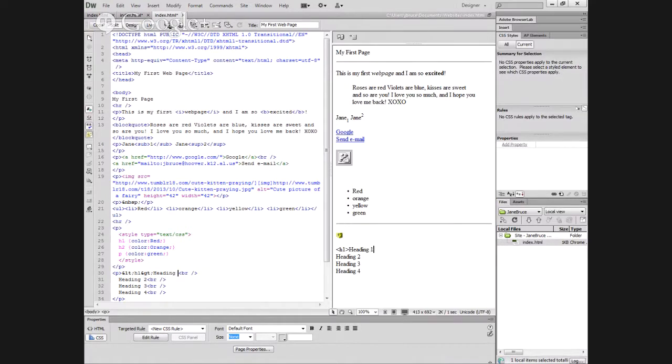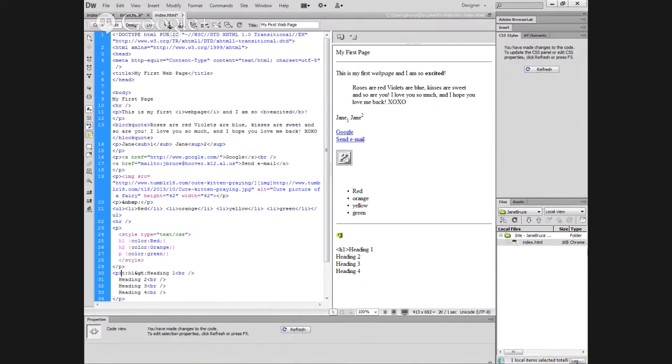All right, let me go in here into the code. It's not looking great. I was typing in the wrong window. H1, and then go to the end and type end H1. Do that for all your headings so that you have H2,